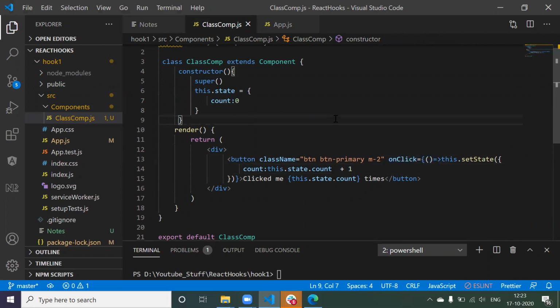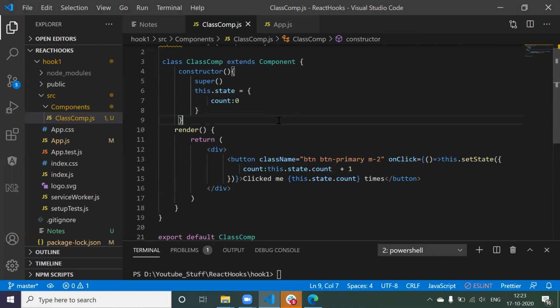Now this is how we are going to do it in the class component, meaning we are maintaining the state. So the thing you guys have to concentrate on here is that we are maintaining the state. Now in the same way, if I wanted to maintain a state in the functional component, before 16.8, we don't have any kind of such facility. We have to write some code explicitly, or else we have to come with the class component. Okay, now from 16.8, as they have introduced the hooks concept, now we can maintain state in functional component.